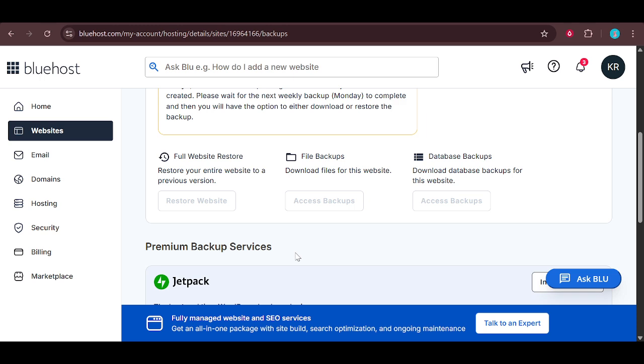Sign into your portal, go to Websites, manage the correct site, open the Backups tab, then use the Database Backups section and the Access Backups and Restore option to complete